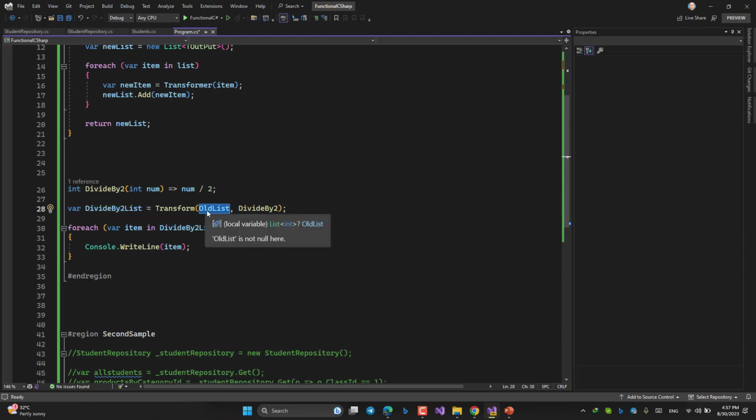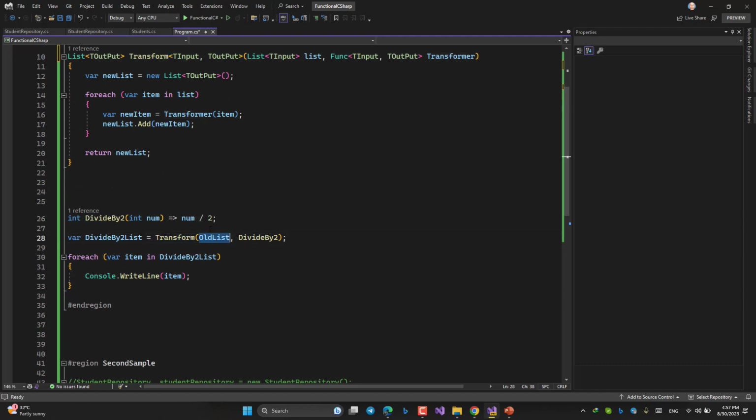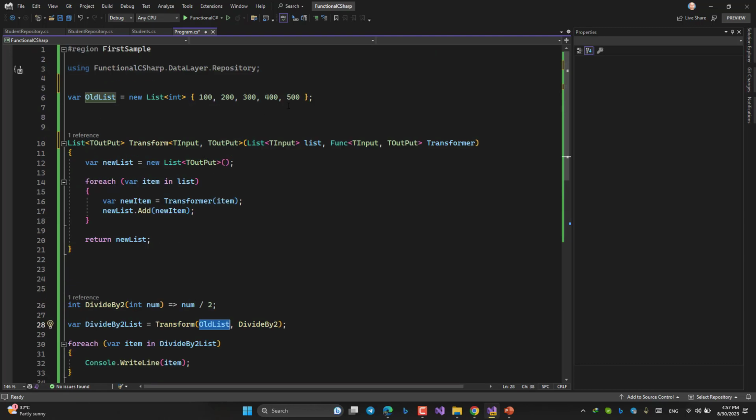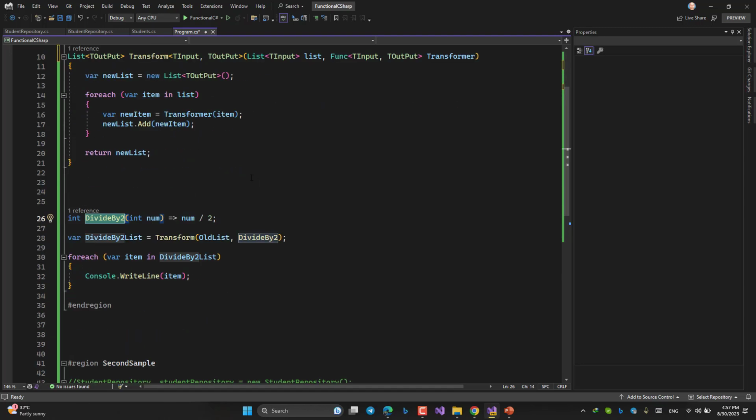You want to see an example like this. I'm going to use this transform method and the input parameter is the old list, I mean the list of integers that I have, plus this method, because we said the input or output can be a method. So like this.